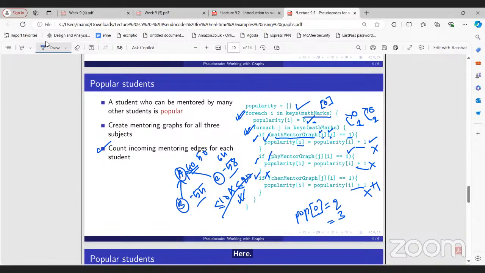Every time you are done for, let's say, student 0, I've checked all 30 students. Then you are again going to go back to this outer for each and pick the next student, student 1, and again repeat the same procedure. So in the first iteration, since you initiated I is equal to 0, right? And when you checked even the mathematics ji,